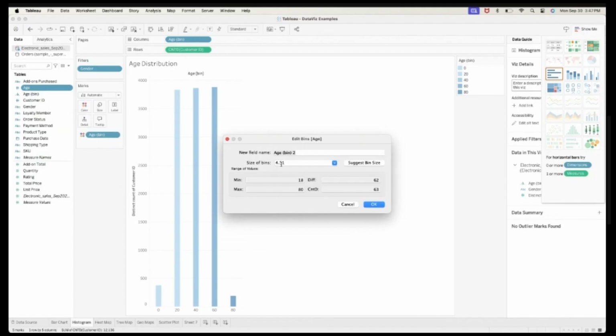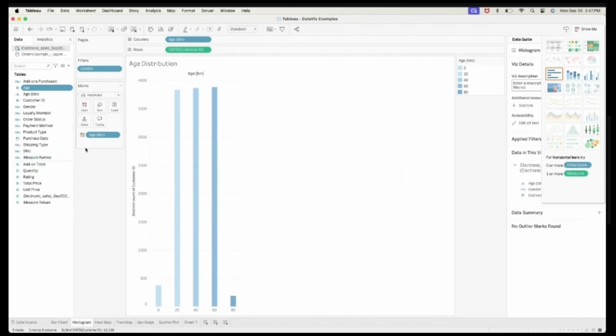You just have to set the size of the bin. I selected 20 because the minimum here is 20 and the maximum is 18. So para ma-fit yung minimum niya, I made use of 20.